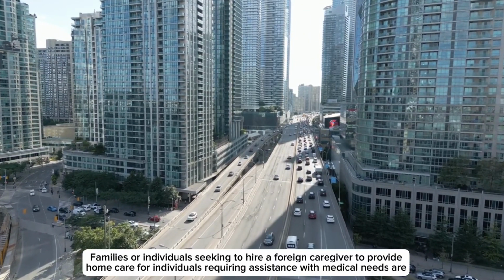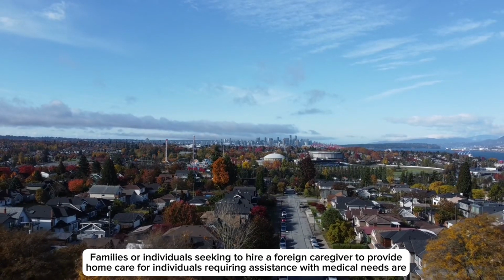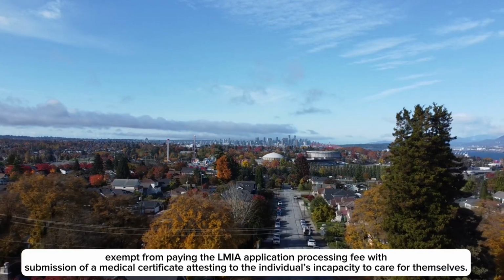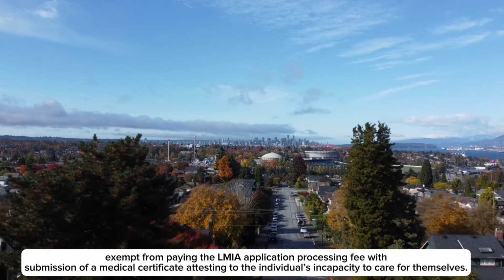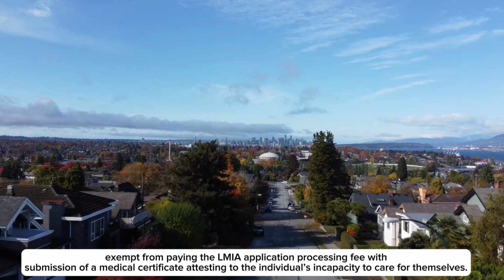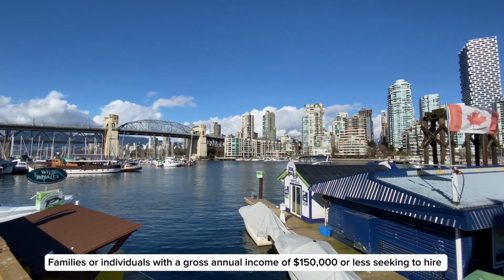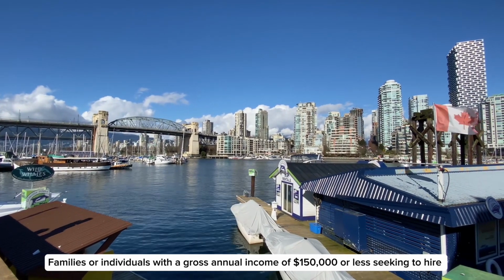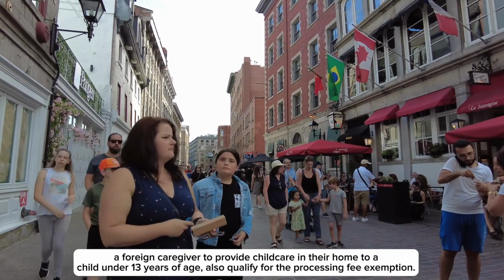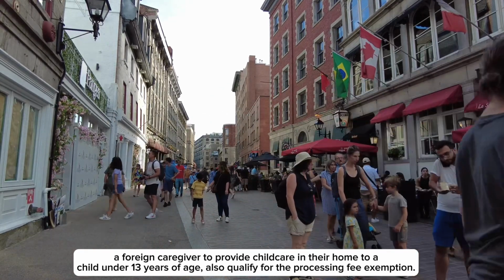Families or individuals seeking to hire a foreign caregiver to provide home care for individuals requiring assistance with medical needs are exempt from paying the LMIA application processing fee with submission of a medical certificate attesting to the individual's incapacity to care for themselves. Families or individuals with a gross annual income of $150 or less seeking to hire a foreign caregiver to provide childcare in their home to a child under 13 years of age also qualify for the